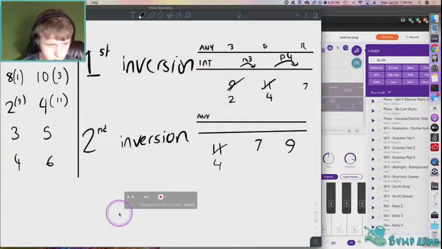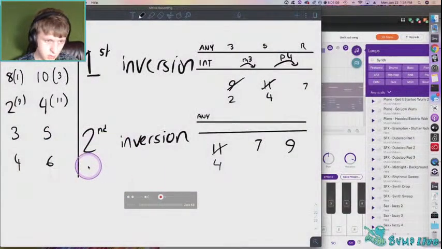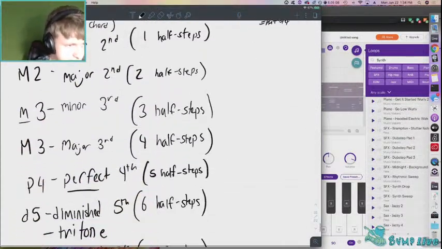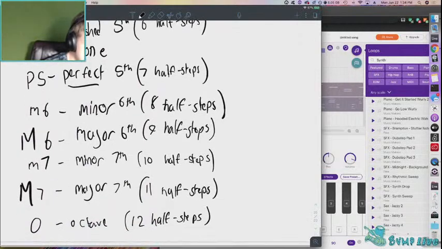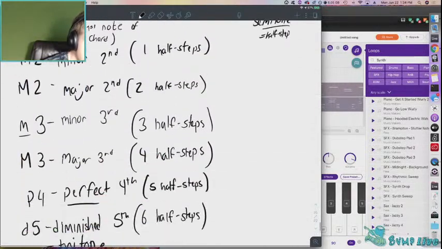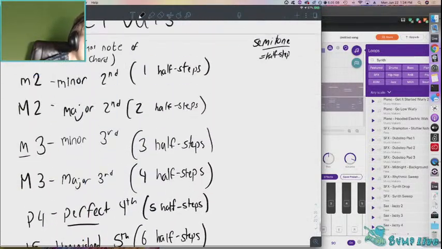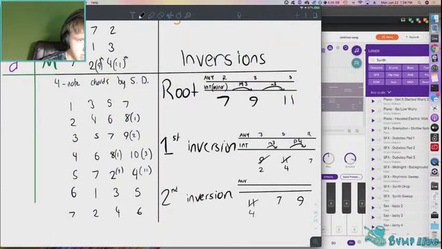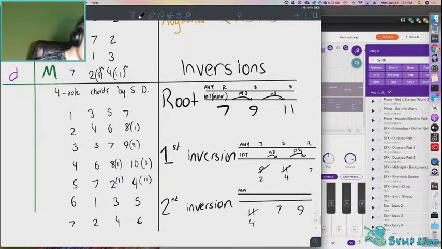Cool. So let's do a quick review. We're going to zoom out here. So we have all of our intervals. We talked about from 1 half step all the way up to 12 half steps. They all have names, and chords are all made up of these intervals, and the intervals change. Oops, I never wrote what this one is. It would be 5, root, 3, and the intervals would be